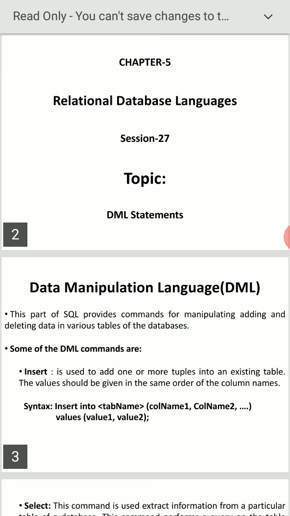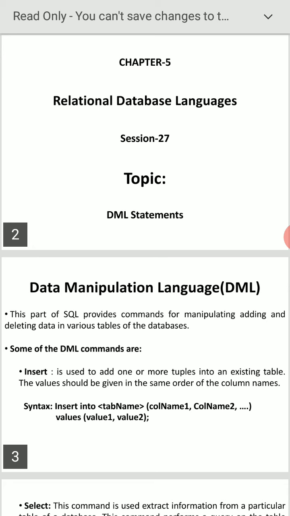I want to insert one more tuple, 3 C 15,000. How can we write it here? Insert into table, table name is employee, columns employee number, comma, employee name, comma, salary. Values we write 3, comma, C, comma, 15,000. That will be added to the existing table. That is the purpose and use of the insert command.